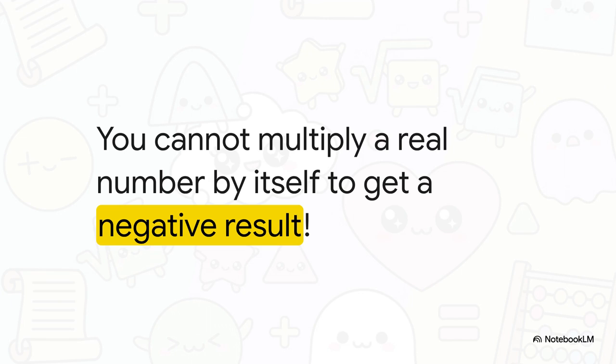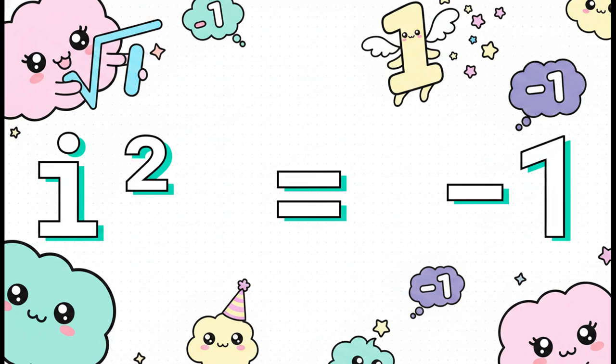A positive times a positive is a positive, right? But a negative times a negative is also a positive. So taking the square root of a negative number was considered completely, totally impossible for hundreds of years. When ancient mathematicians would hit a negative discriminant, they would literally throw up their hands, declare the problem definitively unsolvable, and just walk away. And this brilliantly illustrates the exact moment where mathematicians had to bend the rules and invent